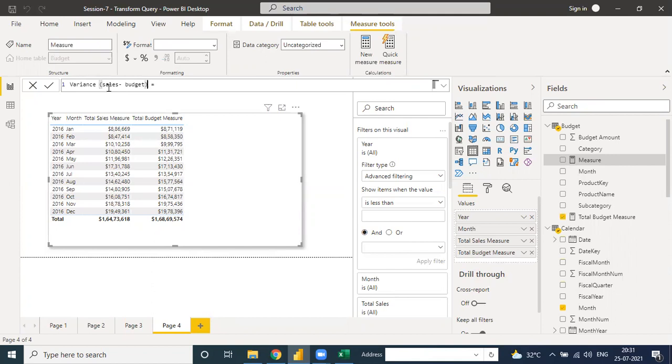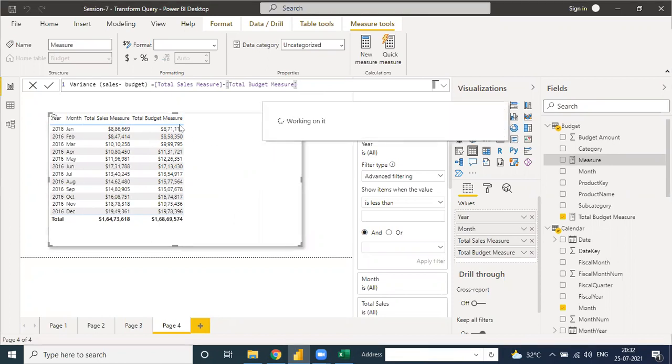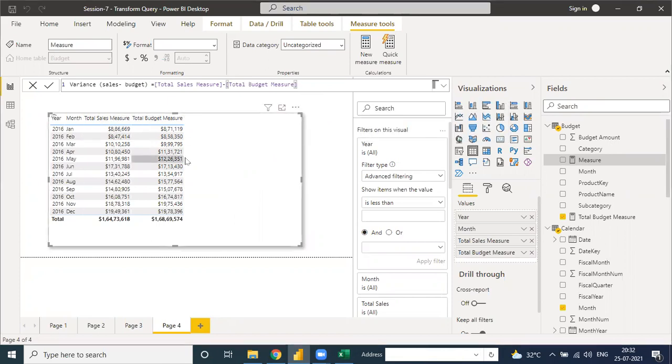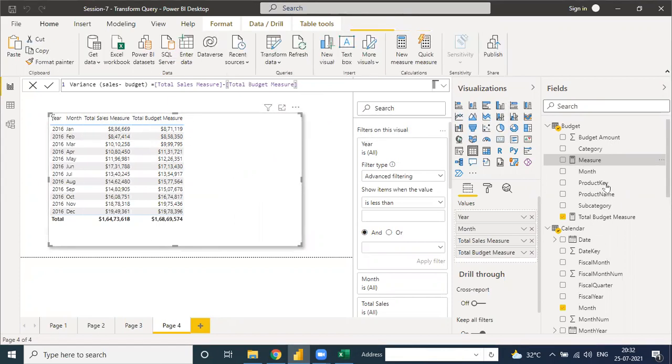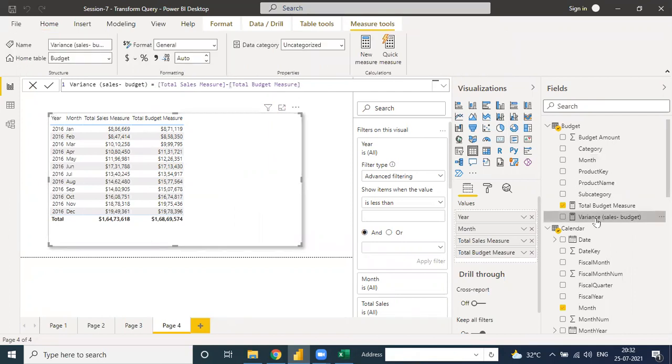You have to remember how to create a measure: sales minus budget, and put the value here directly, the total sales measure, this one, minus the total budget measure, this one, enter. And see, there is a variance created.